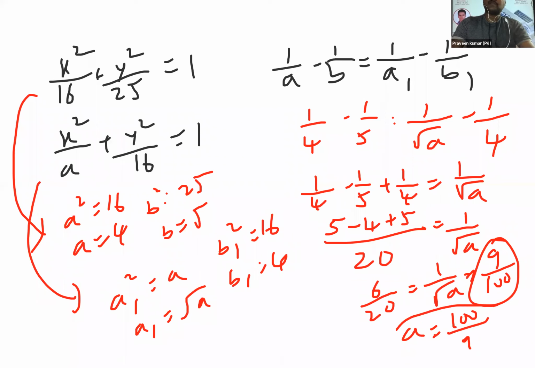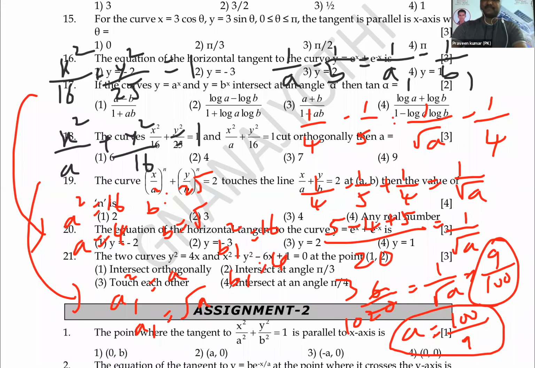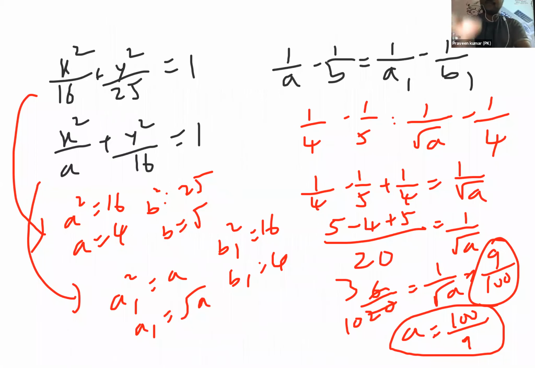1 by a is 9 by 100 because the 2s cancel, now 3 times 10 times. After squaring on both sides, 1 by a is equal to 9 by 100. a is equal to 100 by 9. Okay. This is the answer. 9 9s are 81, that is an approximate answer, not the exact answer. I took the LCM wrongly. Take the LCM properly.